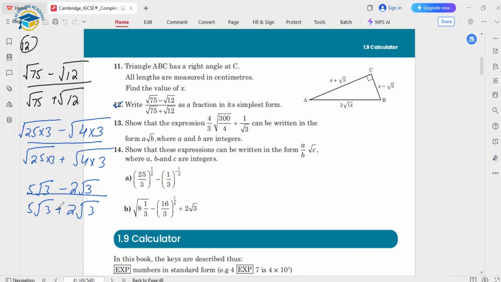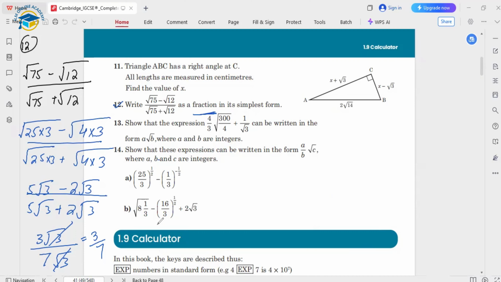So here we can't cancel the terms out in this way because the terms are being added or subtracted, but we can add or subtract the numerator terms separately and the denominator terms separately. So 5 minus 2 will be 3 square root 3. Downward, 5 plus 2 will be 7 square root 3. Okay, so now we can cancel out square root 3 with the square root 3 and we are left with only 3 over 7. That is a fractional answer. Okay, so in this way you can simplify this.